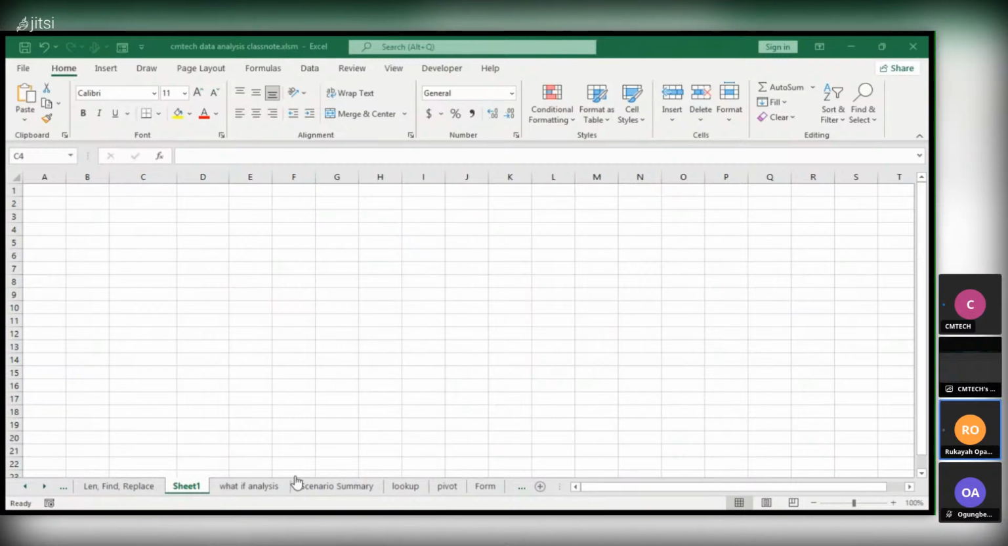Though I wasn't able to enjoy the class because I was having a bad network issue. I was just being locked out. But I learned about conditional formatting, how we can sort using the sort function, how to filter, and also